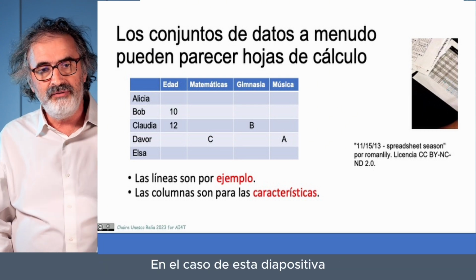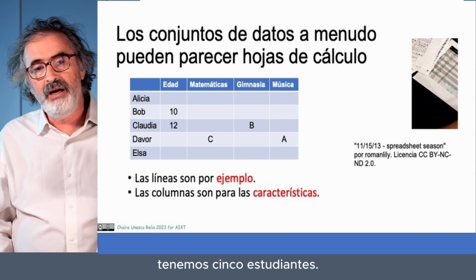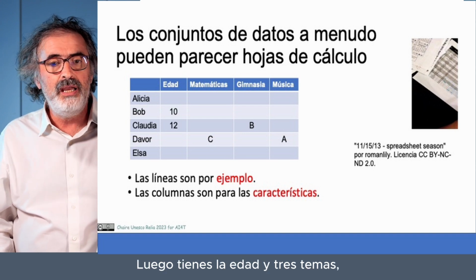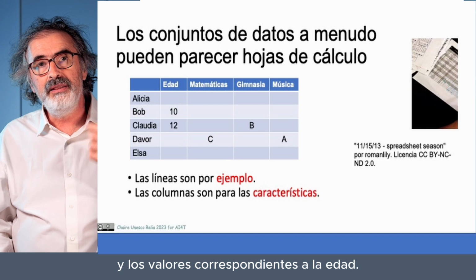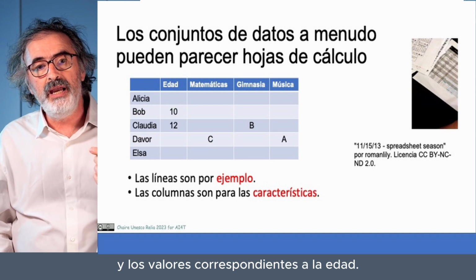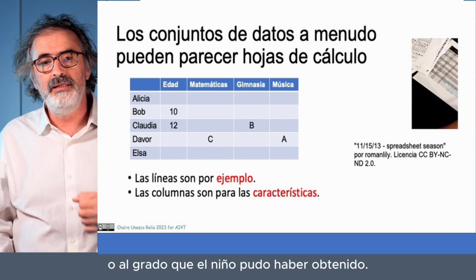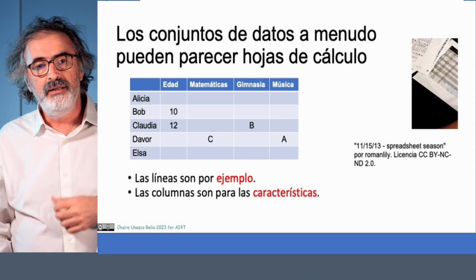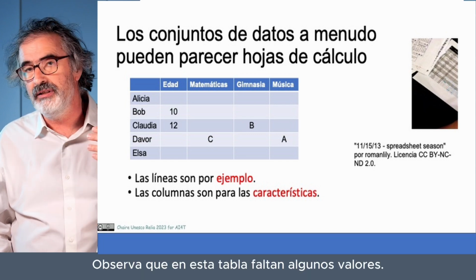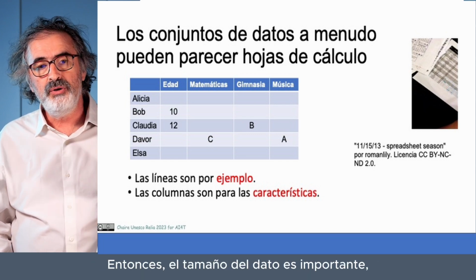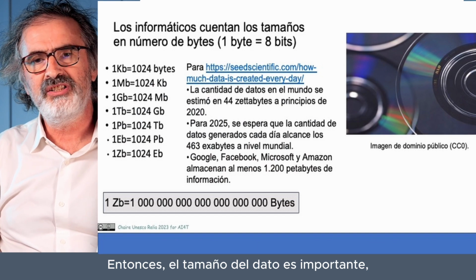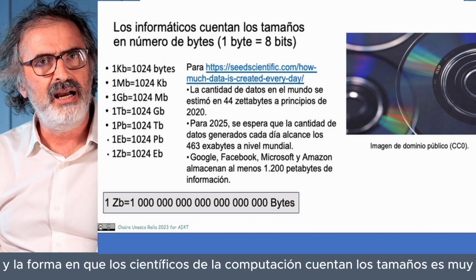In the case we have on this slide, we've got 5 pupils, and you've got the age and 3 topics, and the values corresponding either to the age or to the grade that child may have had. Notice that in this table there are some missing values. So data has got sizes, and the way computer scientists count sizes is very, very complicated,